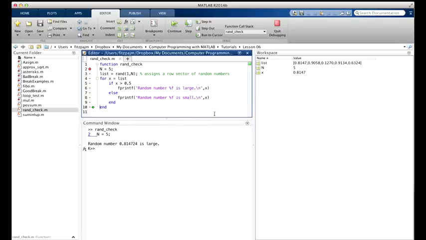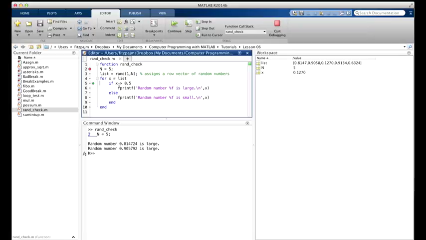When we click on that, x will get the next value, 0.9058. So let's do that. And there we see x has the next value. That's also greater than 0.5, so this statement will execute again. And there we have it. The next step, we'll set x equal to the next element,